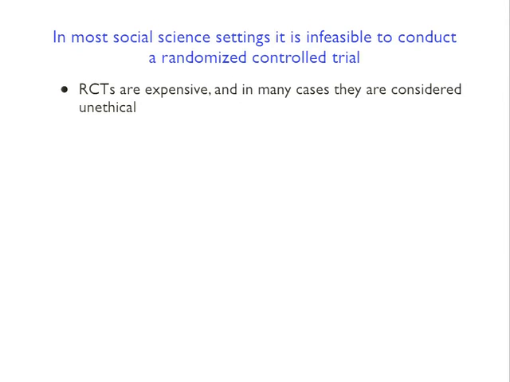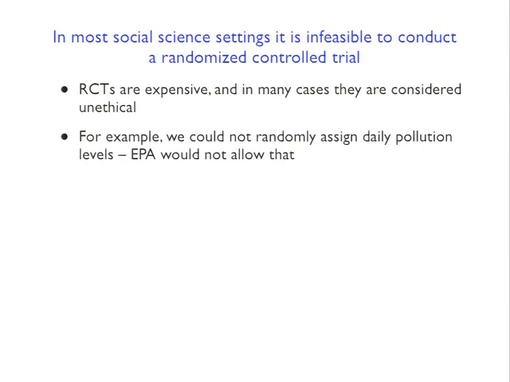So I think there are more randomized control trials happening in social science settings than there used to be, but in general, they're expensive, and in many cases, they're considered unethical. So if we're thinking about the environmental context in particular, and we wanted to measure the effect of air pollution levels on whether or not hospitalizations increase, we couldn't really think about randomly assigning daily air pollution levels. The EPA would not allow us to do that. So when we could, right, we could build some giant bonfire outside and